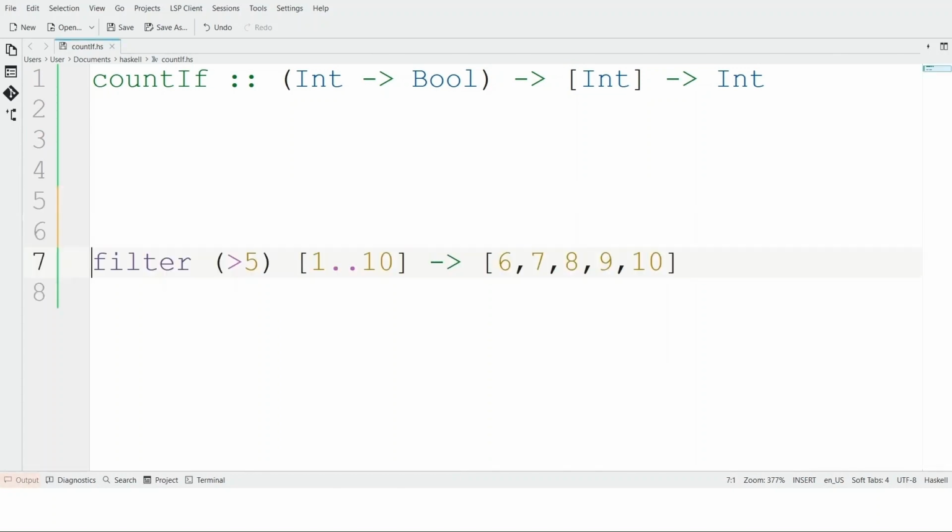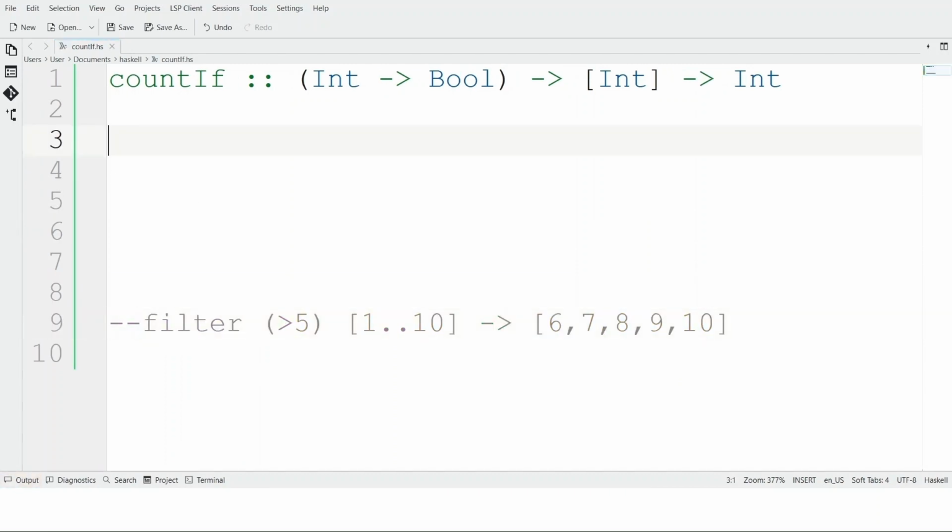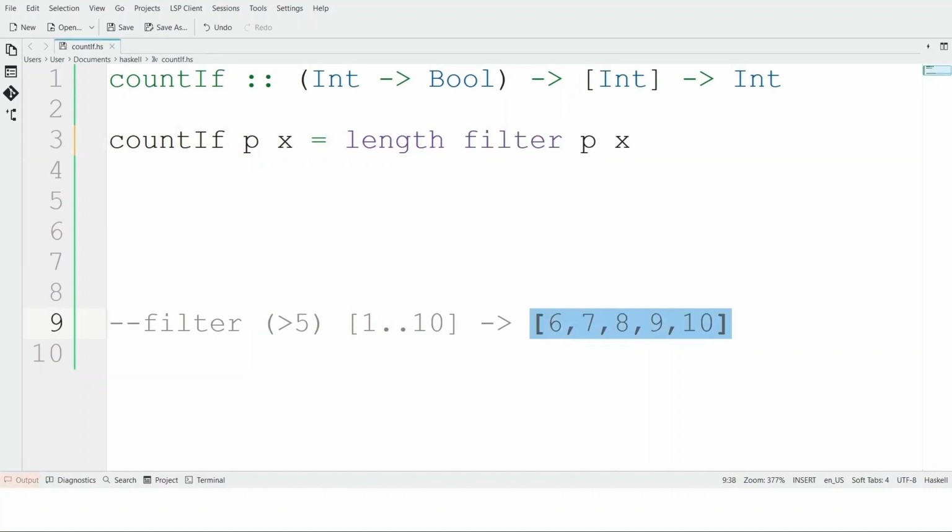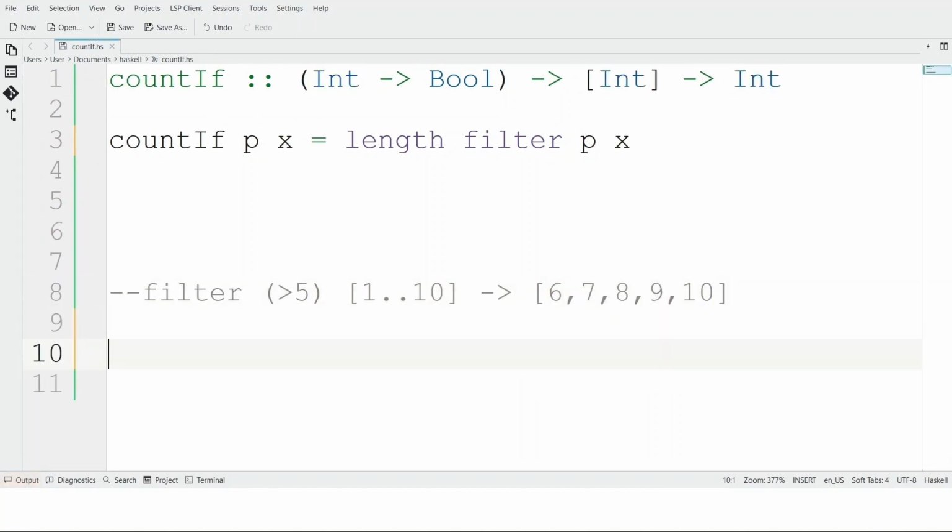So with this said, let us now comment this, and let us begin the definition of this function. We can simply define this function as given a predicate P, imagine, and a list X, we will return the length of the filter with the predicate P to the list X. So remember, this returns a list, and the length of a given list returns an integer value, indicating the size of this list. Right, if we have something like this, length